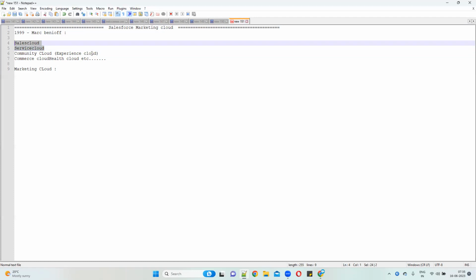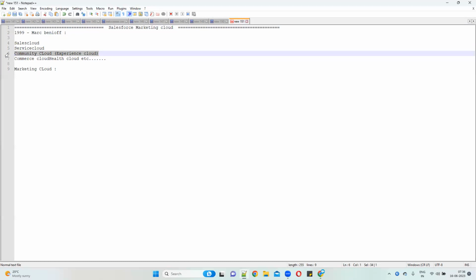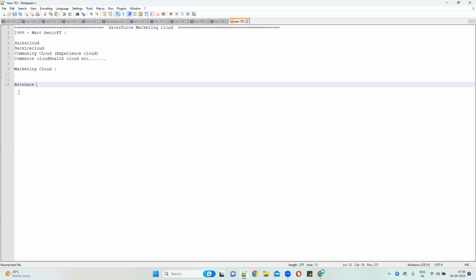And this is Community Cloud. Community is mainly for when I'm selling my product. Take the example of the Reliance company. Reliance is in the market, dealing with multiple products.